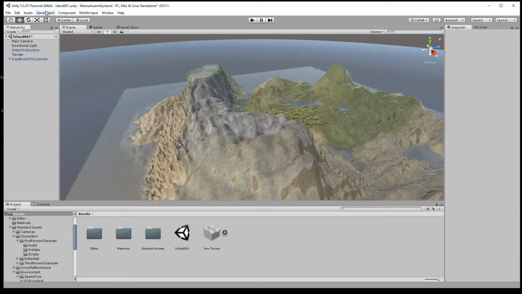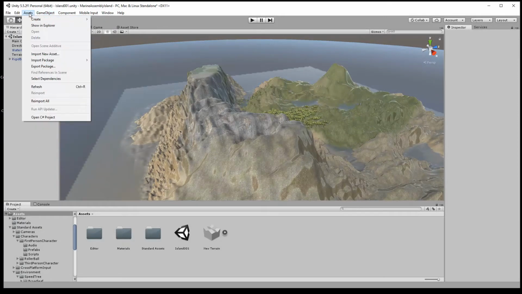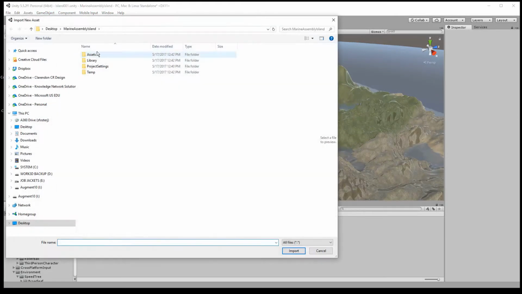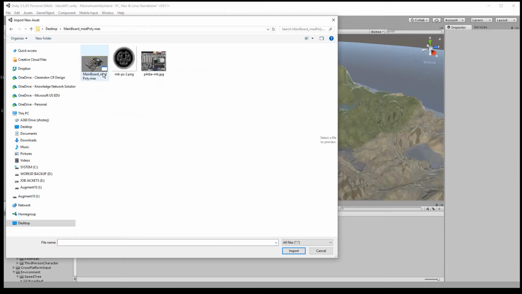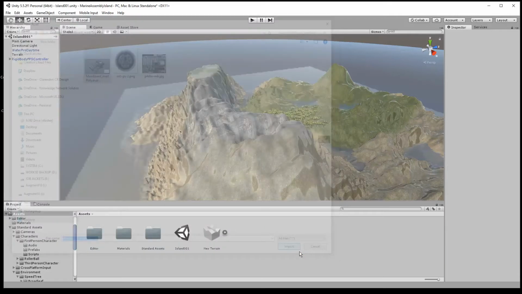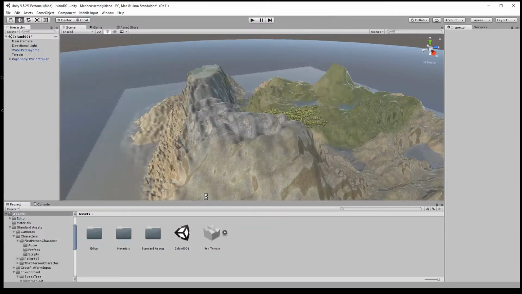So very simply, I'll go to Assets, and I'm going to go Import New Asset. Go out to the desktop. Inside of the folder, I think it was Mainboard Poly Max. I'm looking for Mainboard Poly Max. I want to find the Max file. I will import it. It takes a little bit of time to parse it and get the model into the actual Unity